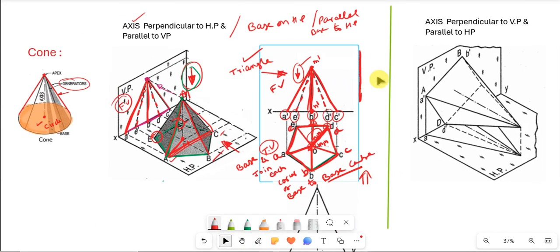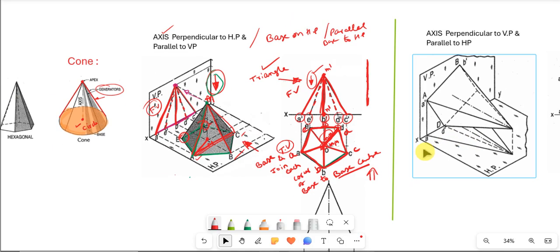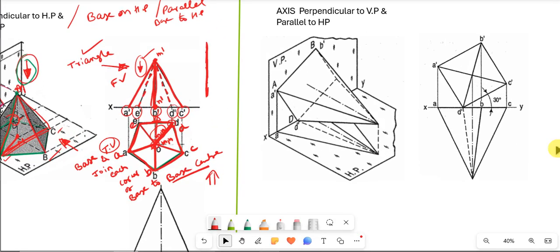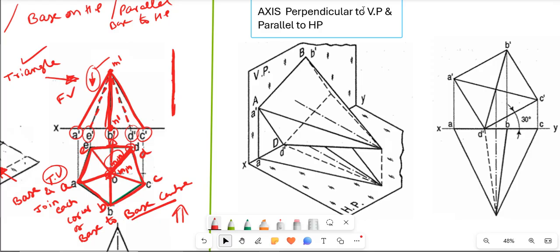Now, this is simply about the pyramid. We can say that in one view it is a triangle, and in the other view it is a base joined with the base center, so each corner of the base has to be joined with the base center. Now, similarly, when the solid is in the sleeping position, that is